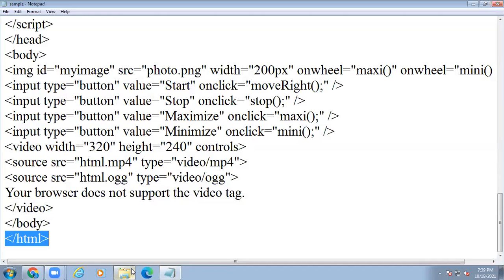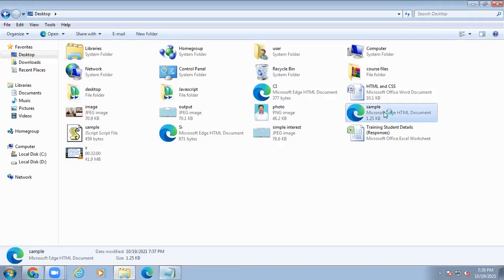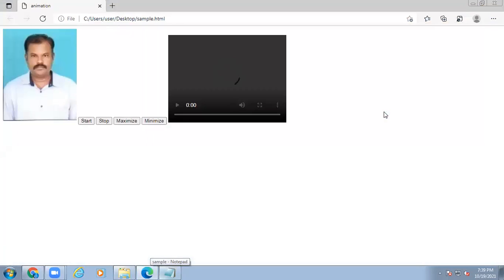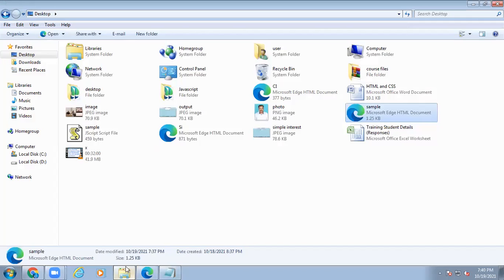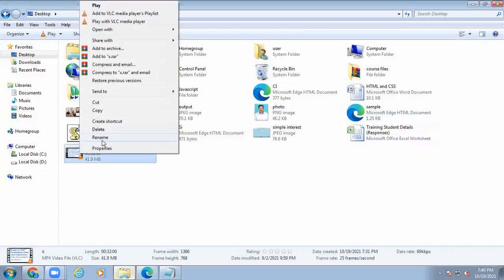Now check whether it is working or not. Nothing plays. So that is a different format. The format is the same, but that video is not available there. Whenever we specify the source, the current directory does not have that video. So now we have to change it to the name of the video.